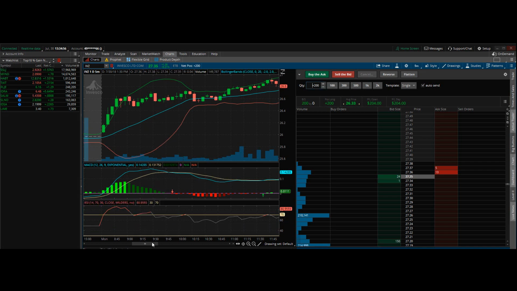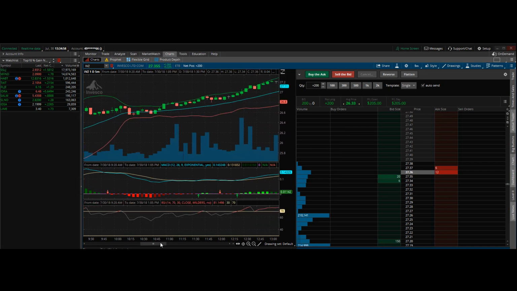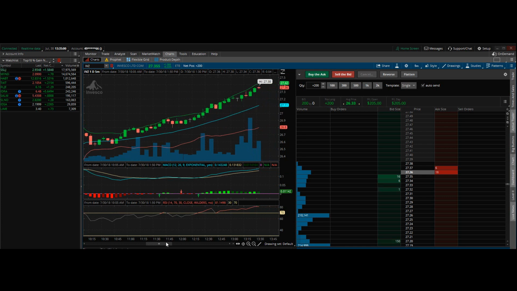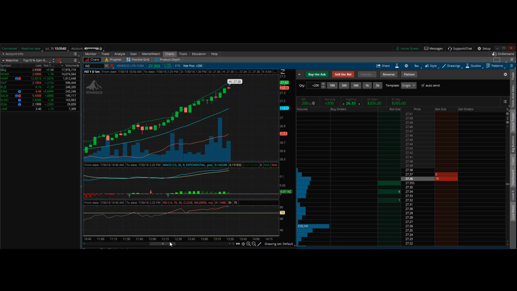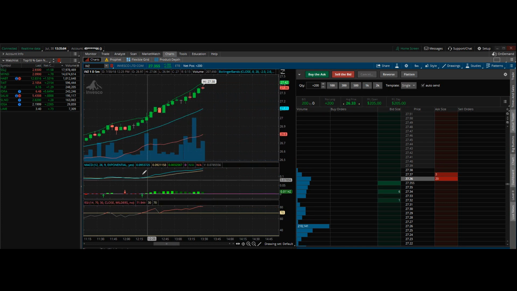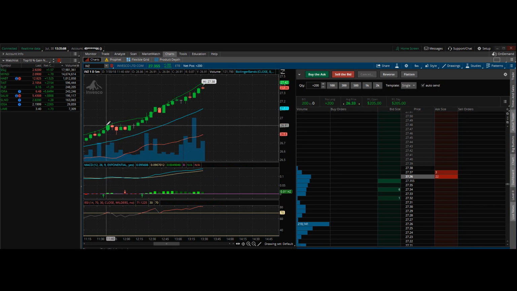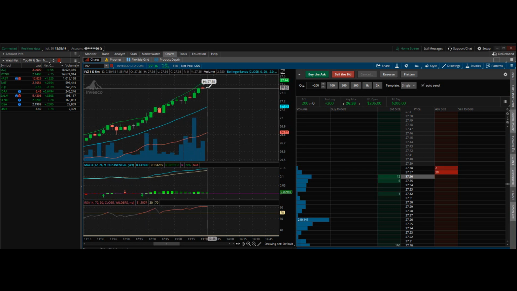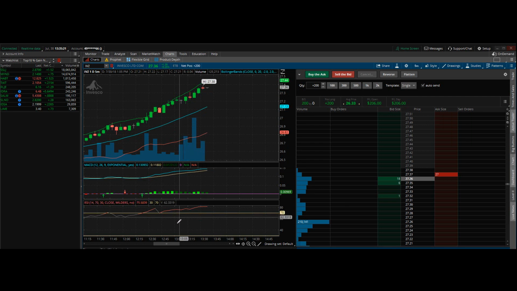So let me show you how it had performed throughout the day. As you can see, it just slowly kept creeping up. And about right in here is when a lot of momentum started to come in. Even though it did take a slight dip there, it started shooting up fairly quick on the 5-minute chart. Now you can see we're pulling away from this upper Bollinger Band line,